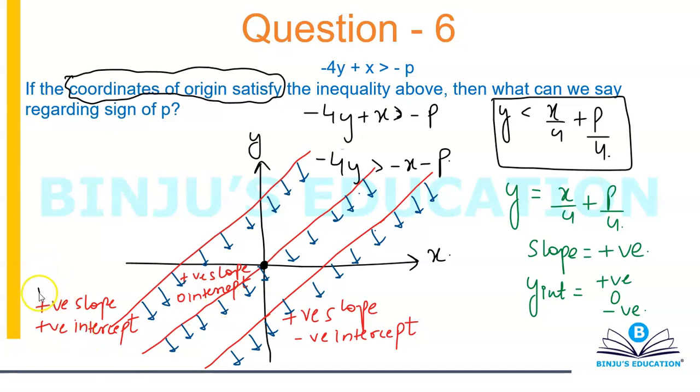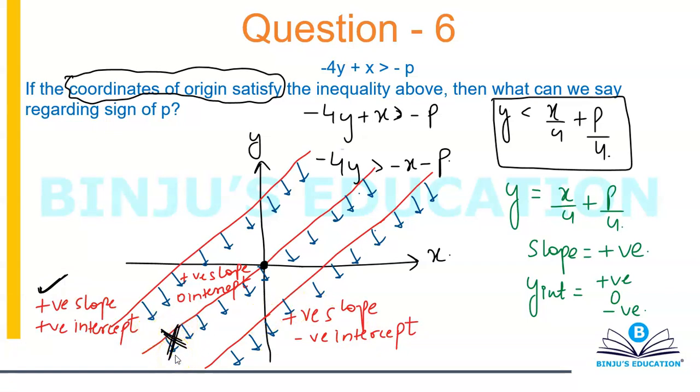So this case satisfies. Now for case number two, when the slope is positive but the line is passing through the origin, the region that I have to again take is below the line. But where is the origin lying? The origin is lying on the line. My area of concern is below the line. So can I take the second case into consideration? No, I can't take that, because the origin is supposed to lie below the line. Second is out.